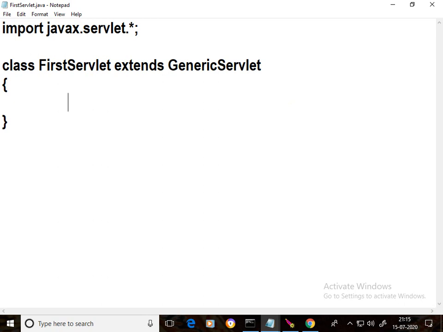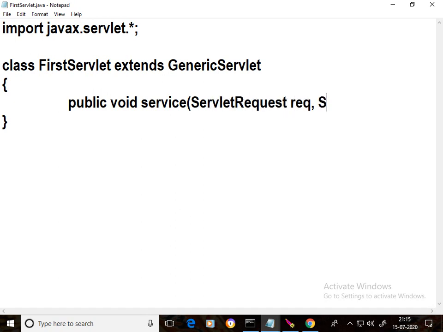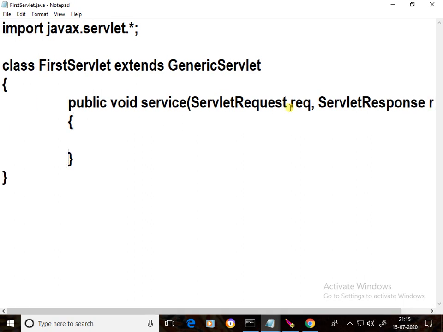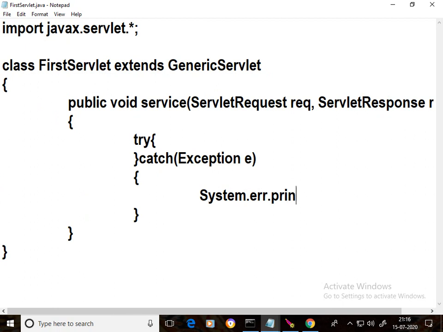See, the service method we have to override: public void service, which takes ServletRequest, ServletResponse. It will throw exceptions, and we have to handle them with try catch blocks. try catch Exception e, System.err.println e.